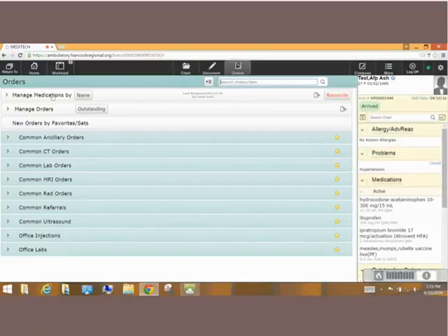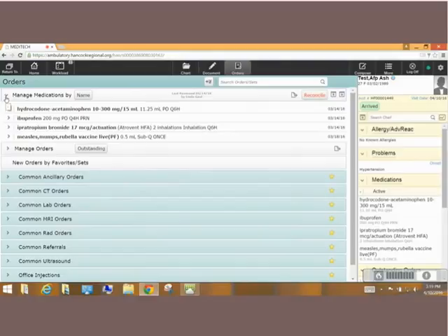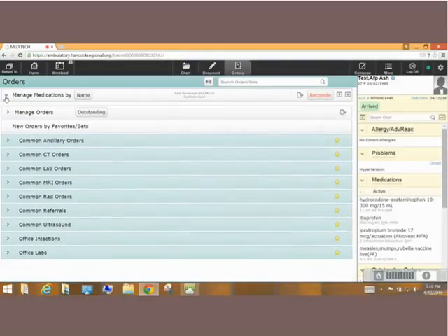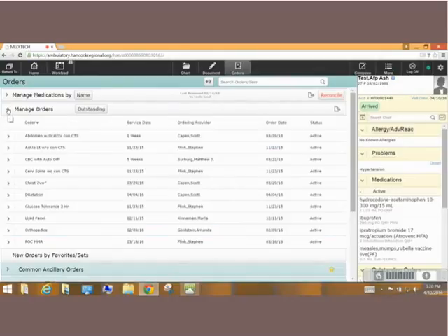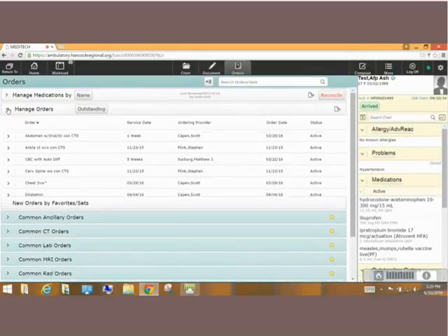box. Down here we have manage medications. That's where we can expand this accordion and see our medication list, and we'll go through that in the next couple sections. Then also manage orders. So this is once we have ordered, we can see what we ordered. We'll also go in here to add our diagnoses or additional information and sign off on our orders